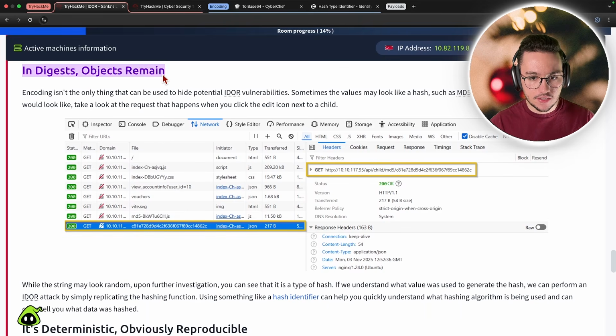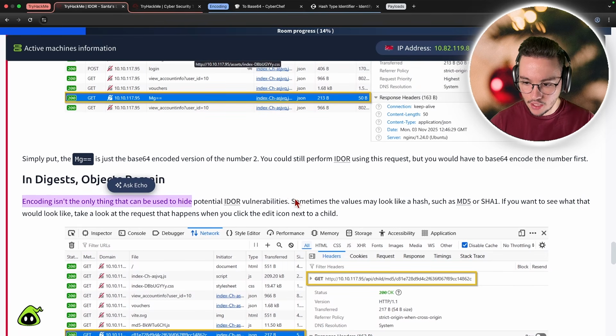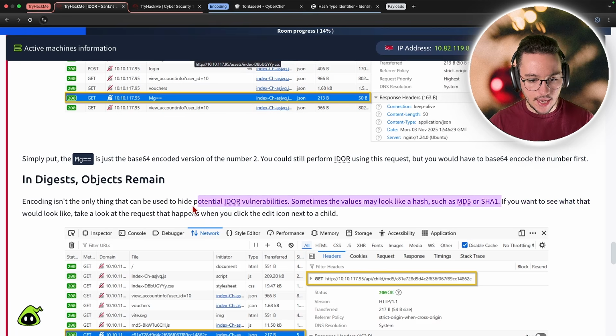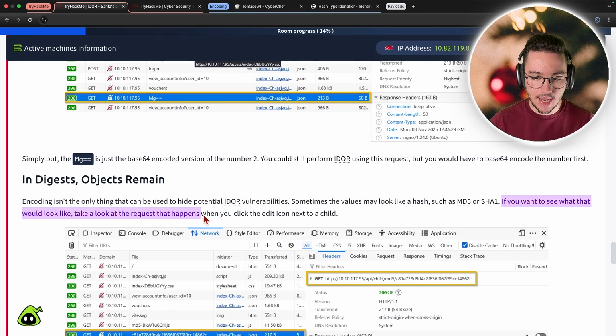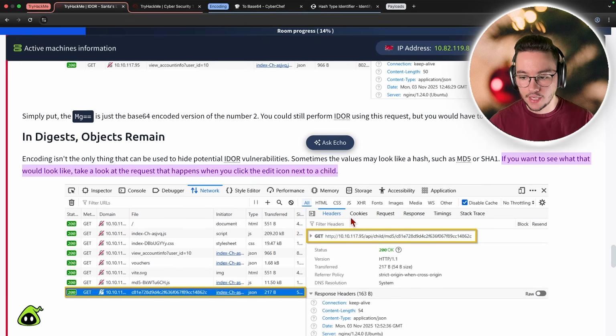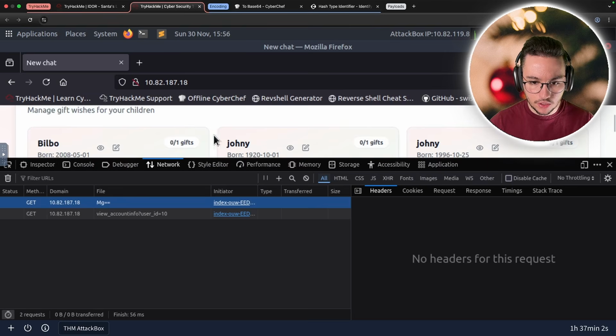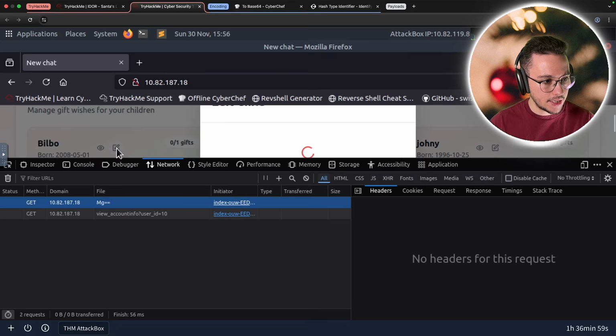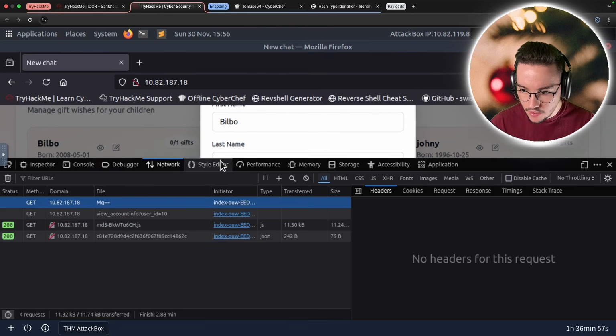Now, on to hashing. Encoding isn't the only thing that can be used to hide potential IDOR vulnerabilities. Sometimes the values may look like a hash, such as MD5 or SHA-1. If you want to see what that would look like, take a look at the request that happens when you click the edit icon next to a child. Okay, so if we close this and now I click on the edit icon right here on the left, now we get a